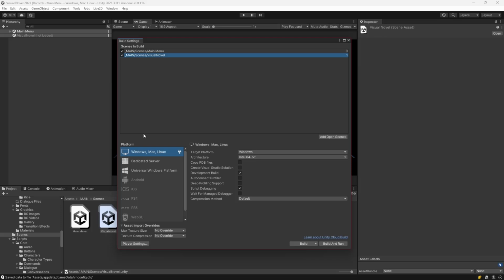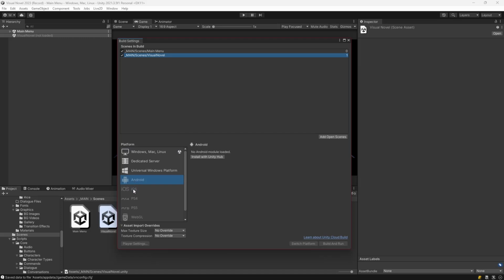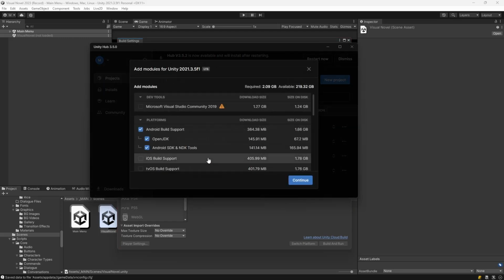Additionally, Unity comes with the ability to export to different platforms. So exporting to Windows, Mac, and Linux is my default, and that's available to me right off the bat. But say I wanted to export to Android or iOS. We can see that these are grayed out. And all we have to do is choose the option to install with Unity Hub. And if we click that, it's going to open up the hub and it's going to allow us to add the different platforms that we want support for. So we'll just install that to our system and then we will be good to go to export to that